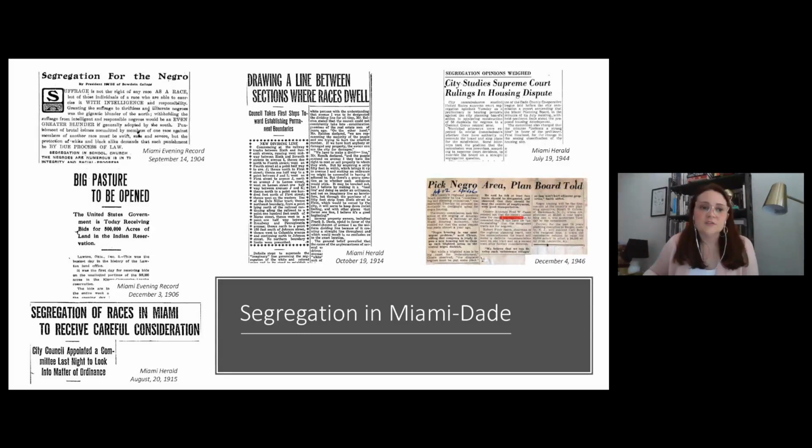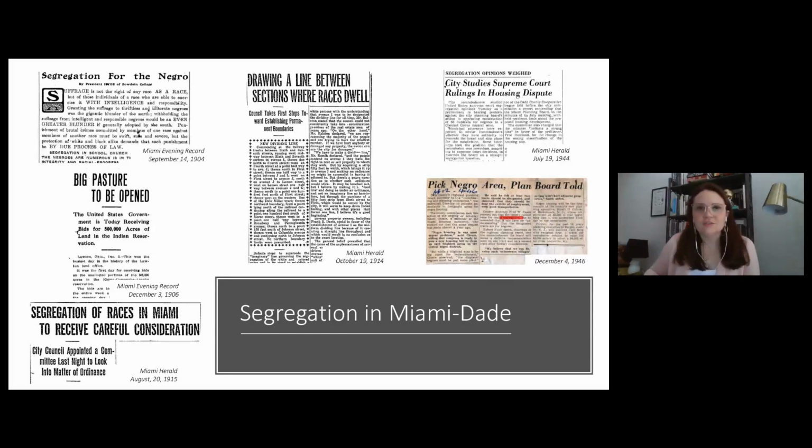We also have plenty of other things in our community as far as policing and law enforcement that are huge issues here as well. But for purposes of this exercise, we were looking specifically at planning and zoning policy. So these are just some newspaper articles that you can see from, as early as the turn of the 20th century, the types of news articles that were being relayed to people in Miami-Dade County regarding racial segregation and separation in other parts of the country. And then, 1915, looking at ordinances regarding segregation, all the way up until the 1940s.